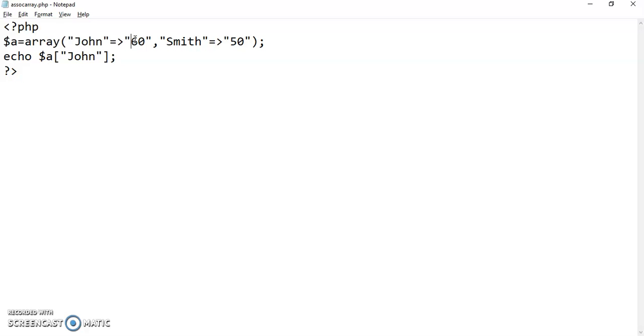Now what happens after this is that whenever I want to fetch the value of this associative array, I just have to pass the key in place of the index value. So now in this case I am creating two key value pairs. In order to fetch the value, I am making use of the array A, and then like I said, in place of the index number, I'm going to write my key. So the key is John, and whenever the browser comes across this key, it is going to look out for the value associated with it. That is why it is called an associative array. Let's see the output for this.